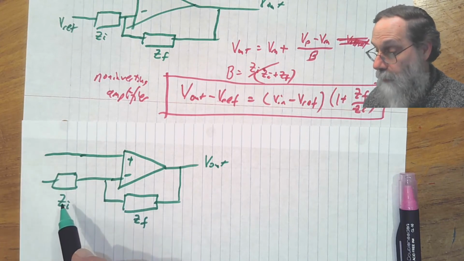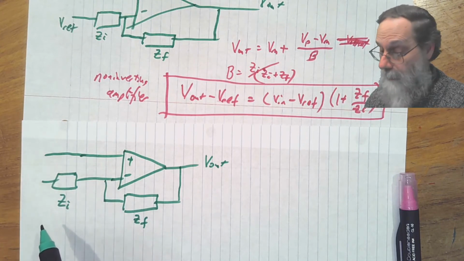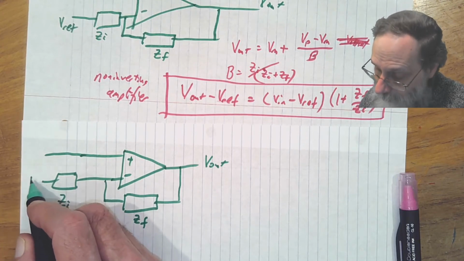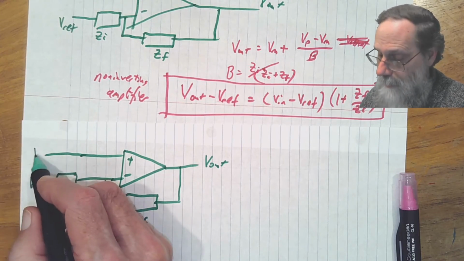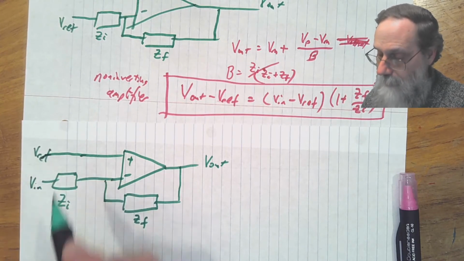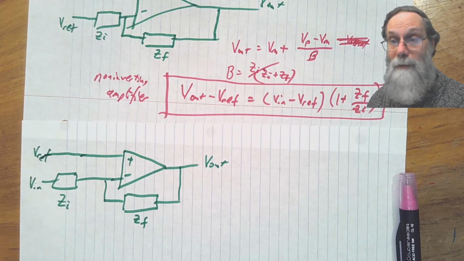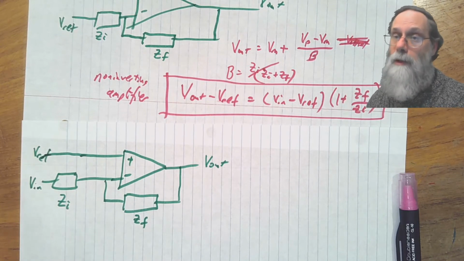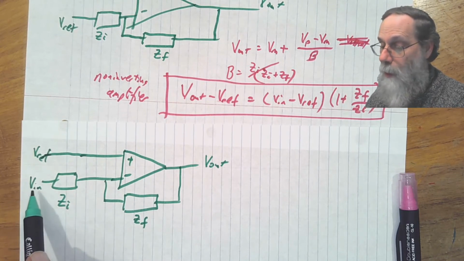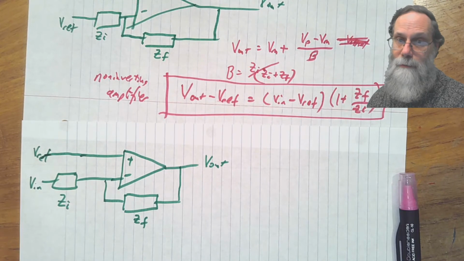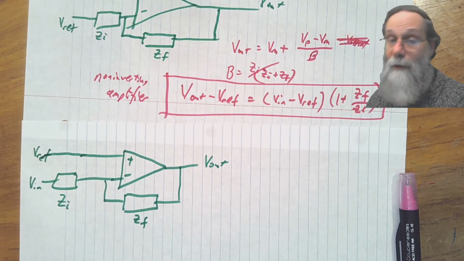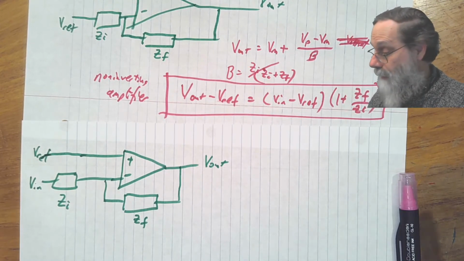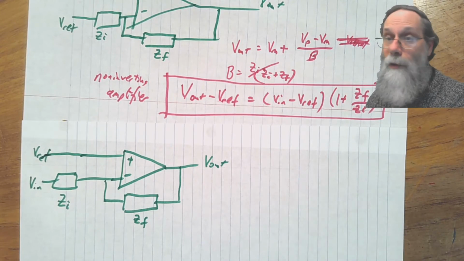So for an inverting amplifier, we just put V in on this one and Vref on the positive input. So the V in is going into the negative side of this amplifier. That's the only difference between an inverting and a non-inverting amplifier, which way you label these two signals. Of course, when we do the math for what's the gain, we want to use the other formula we had